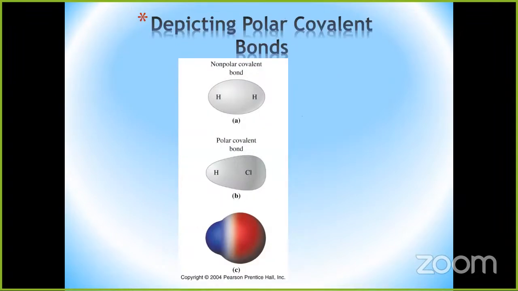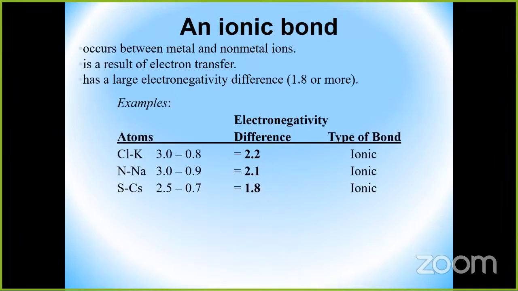So that's basically how you can determine whether or not a bond is ionic, nonpolar covalent, or polar covalent. Okay, now based on this, you guys, I don't have a copy of that assignment here, but let me